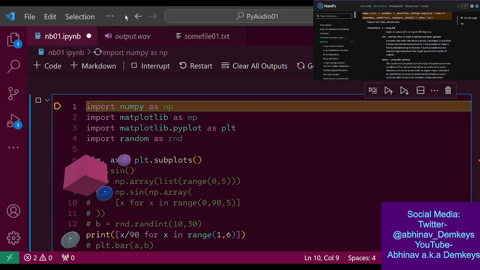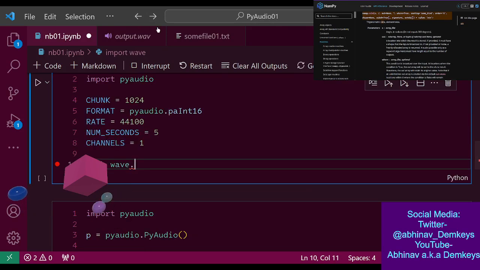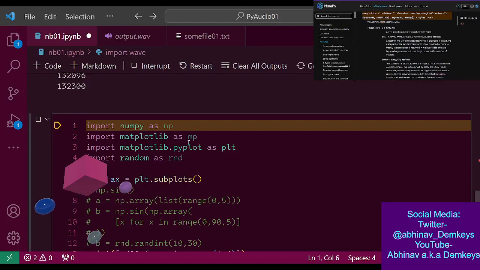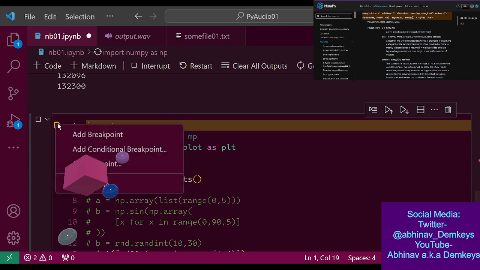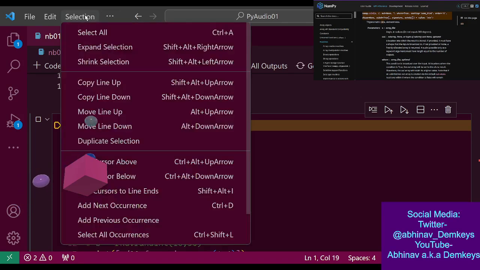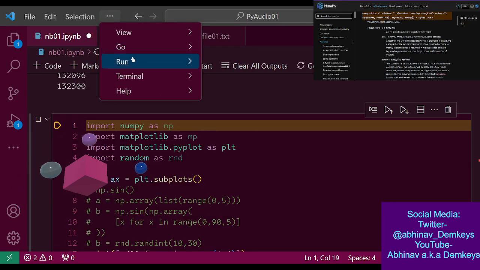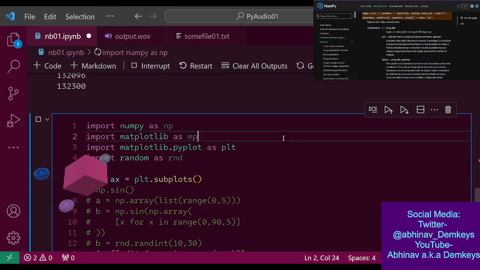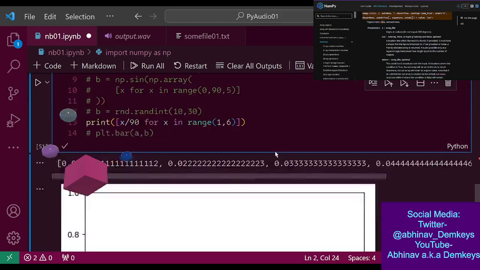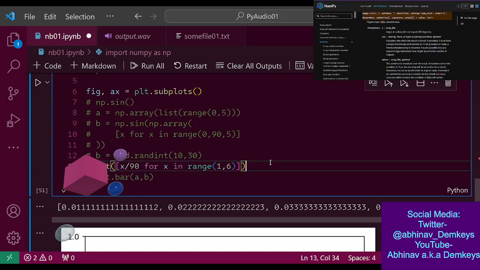Okay, there it is. So we can stop debugging. I accidentally hit the debug key.